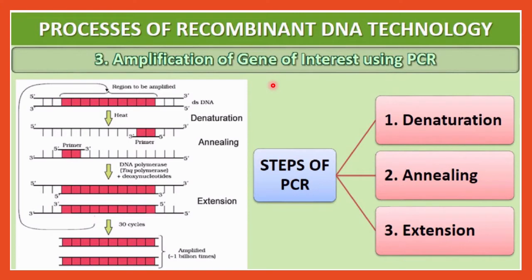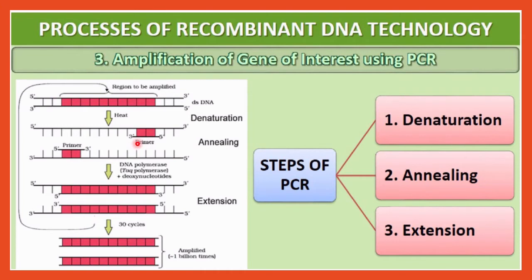So here you can see the whole process. This is the DNA strand, and you can see denaturation occur. As a result, both strands are separated from each other. Then you can see small fragments complementary to the DNA segment, called primers. A primer is added on both sides, in the 5 prime to 3 prime direction, because DNA synthesis occurs from 5 prime to 3 prime. Such a process is called annealing, the addition of a primer.